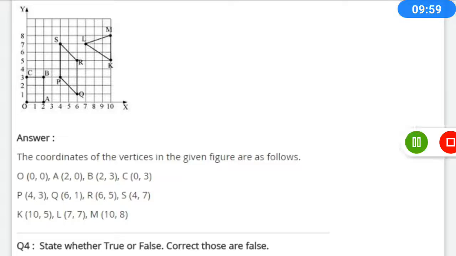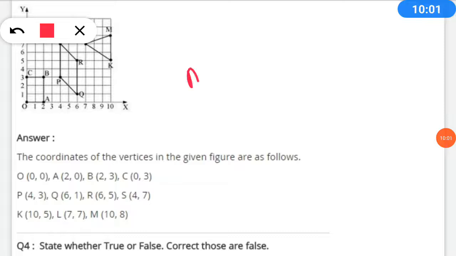Okay, so here the first one we are having, O will be the origin, which is 0, so we are having 0 as both x and y axis, both will be 0 there. Then here A, so A will be 2 as it is mentioned at the x axis 2 and y axis will be 0, so here 2 0.